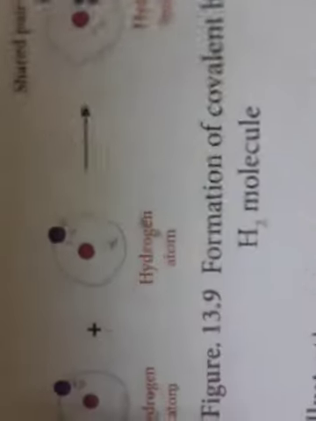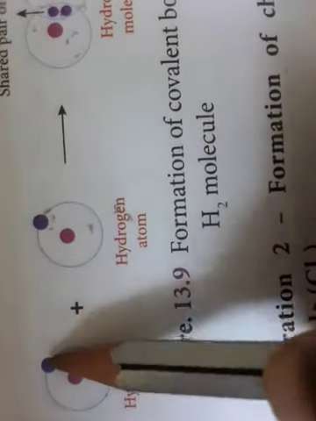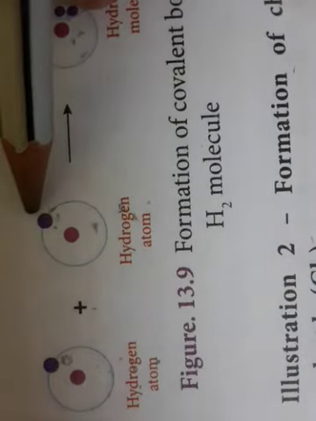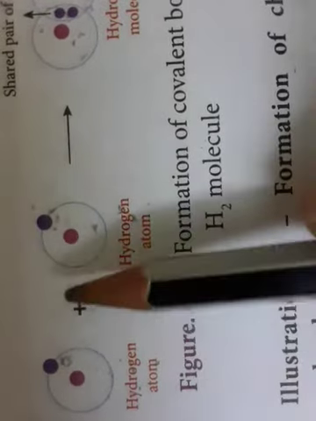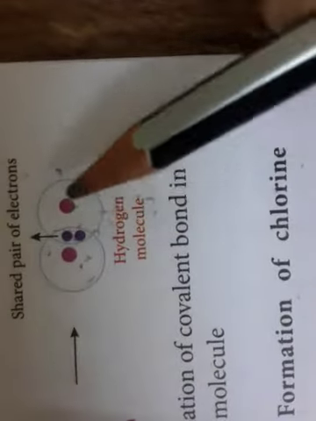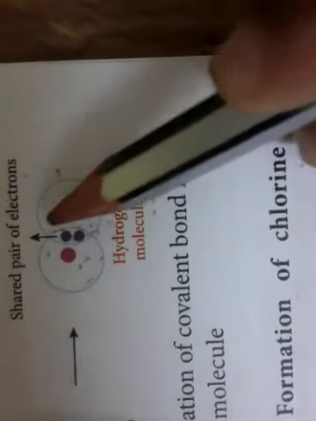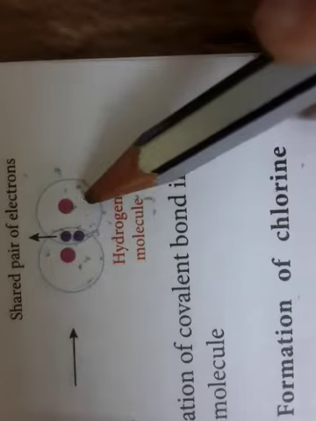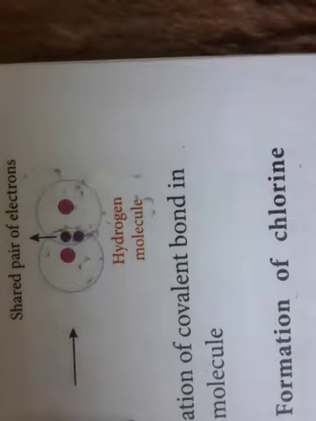Now, this is the structure of one hydrogen atom. One hydrogen atom means only one electron is present in the outermost orbit, and for this hydrogen atom also one electron is present in the outermost orbit. So, when one hydrogen atom combines with another hydrogen atom, these two electrons are shared between the two hydrogen atoms. That's what is given in the diagram. See, the electrons are shared, 1, 2. So, when we take this hydrogen, 2 electrons are present, and for this hydrogen 2 electrons are present. So, there will be a stable electronic configuration just like the nearest inert gas. And these two are the shared pair of electrons.